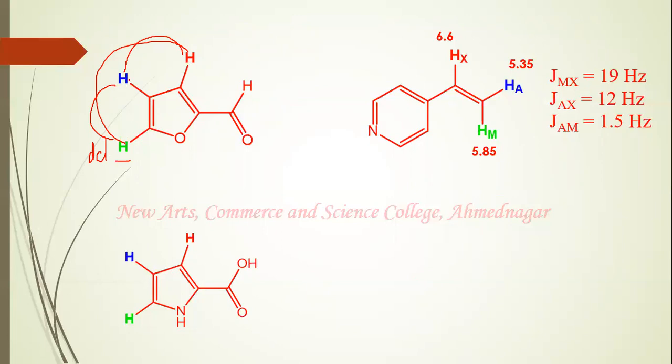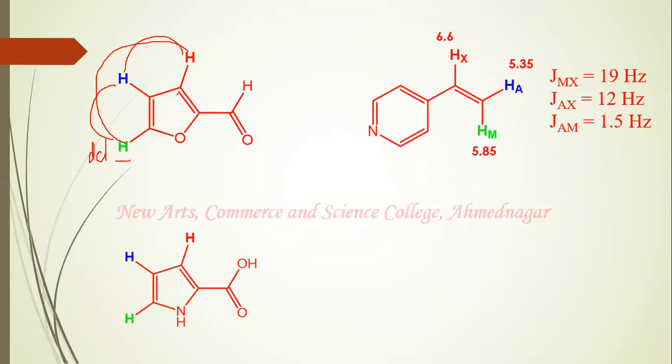The two protons, even though they are present on adjacent positions, the coupling constant values will not be the same for the two protons with this blue proton. That is, the blue proton will couple with this green proton as well as with the red proton, but the coupling constant values will be different, they will not be the same. If you look at this, these two protons are separated by a carbon carbon double bond, while the blue and red proton is separated by a single bond.